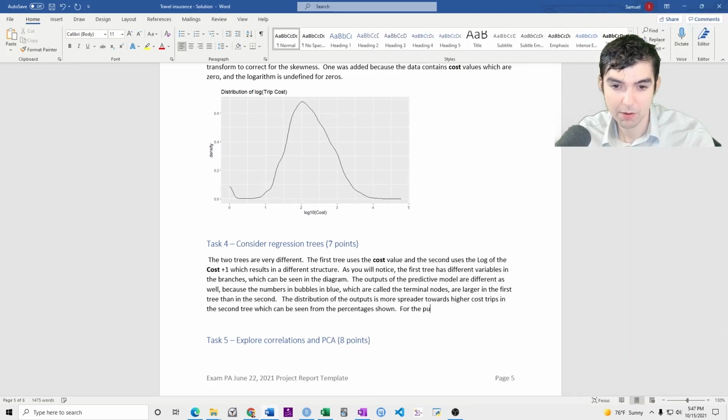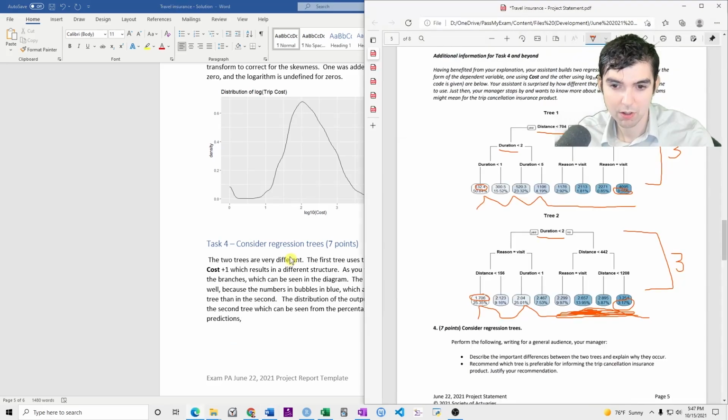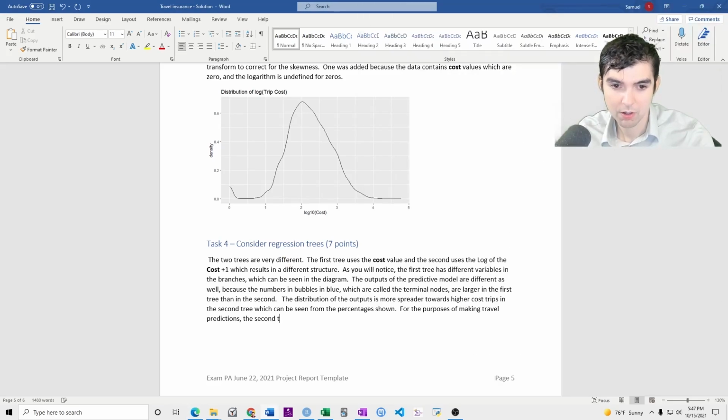So for the purpose of making travel predictions, the second tree is more fitting because there are more values for expensive trips.